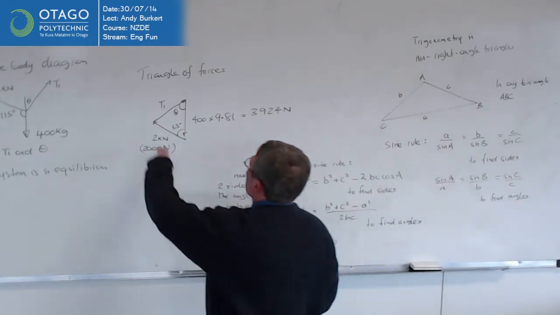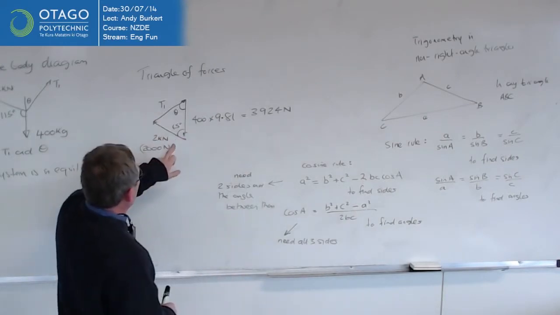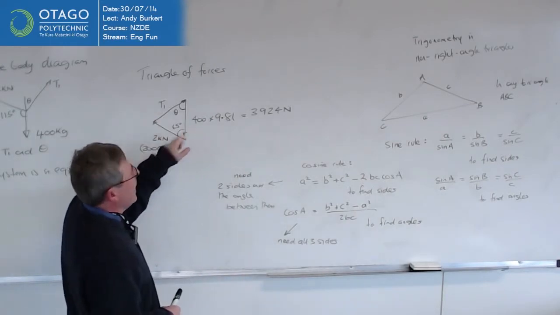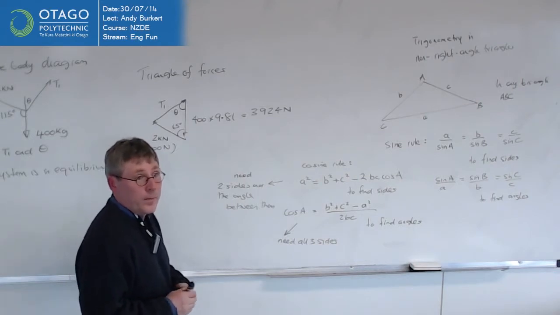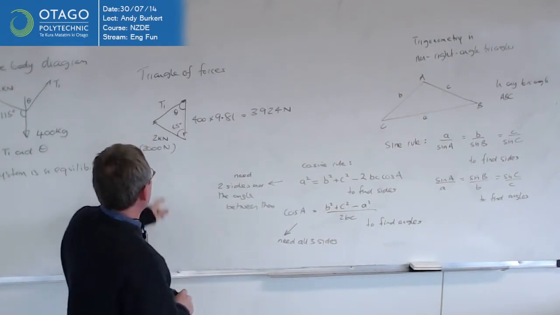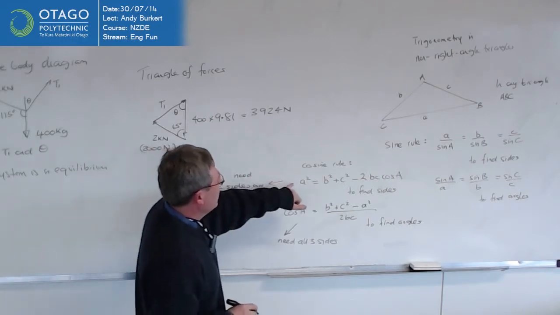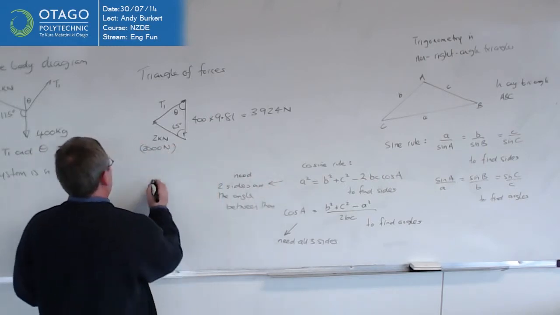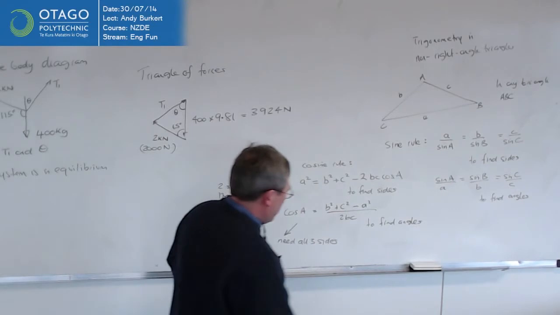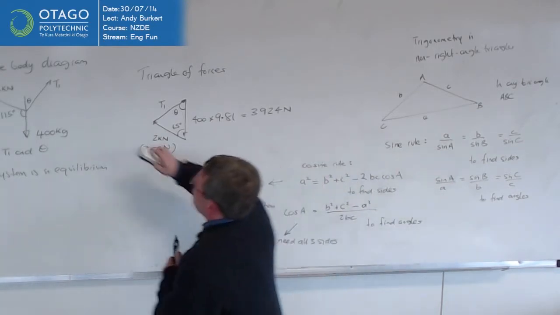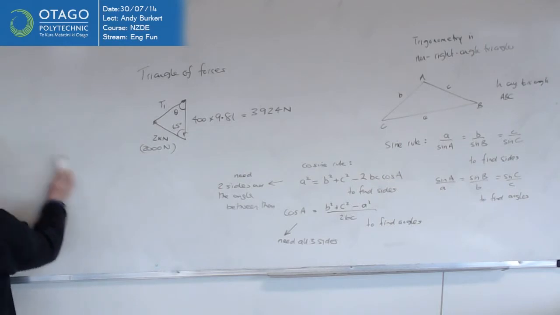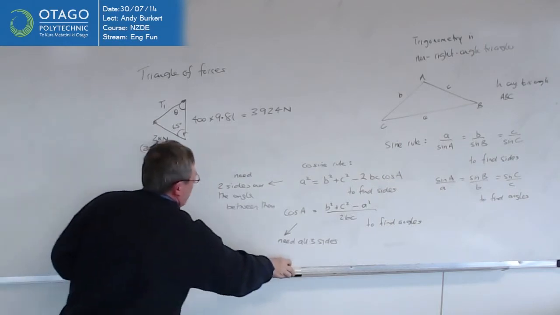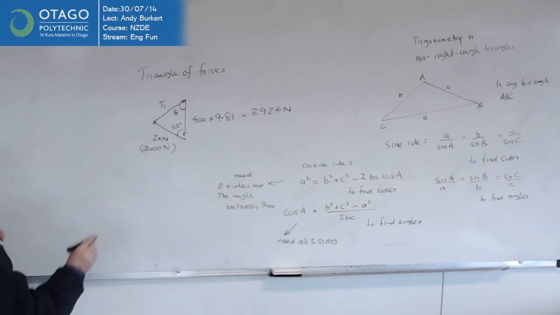So if we have a look at T1, what do I know? I know this side and the angle between them. So it's the cosine rule, okay, to find a side. So we're going to use the cosine rule. So we can say using the cosine rule,